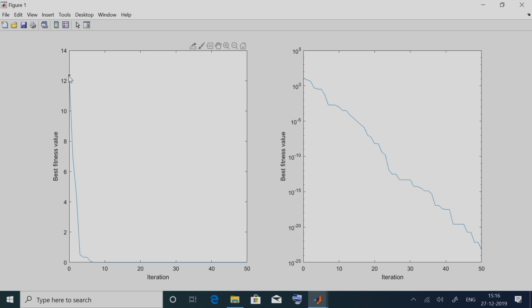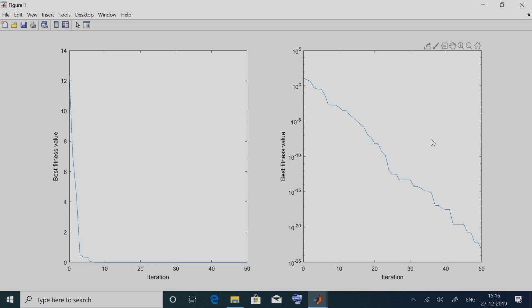Initially when we started, it started at about 12, and the best fitness function gradually improved. This should not be surprising because TLBO, as we discussed, is monotonically converging because we have a greedy selection mechanism. A solution can enter the population only if it has a better fitness function value.